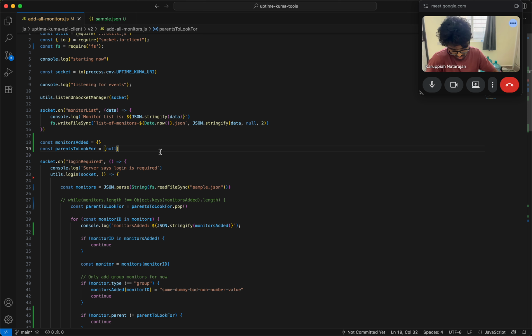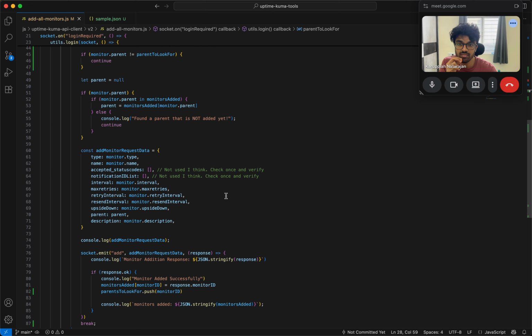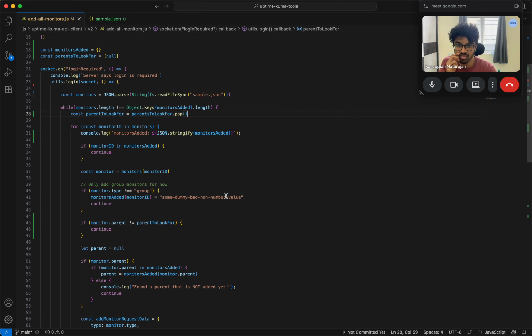But I need to get this array first. So instead of adding it and then looking at monitors added, I'd say something like first array would be